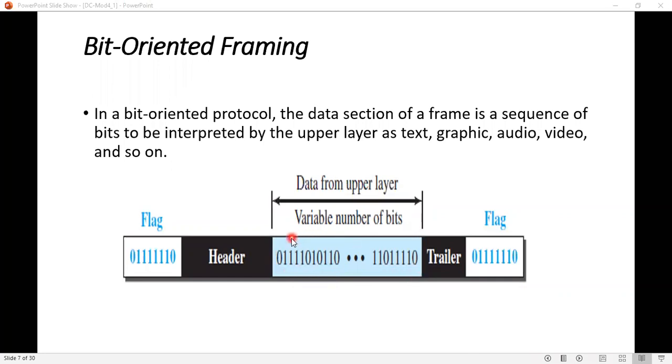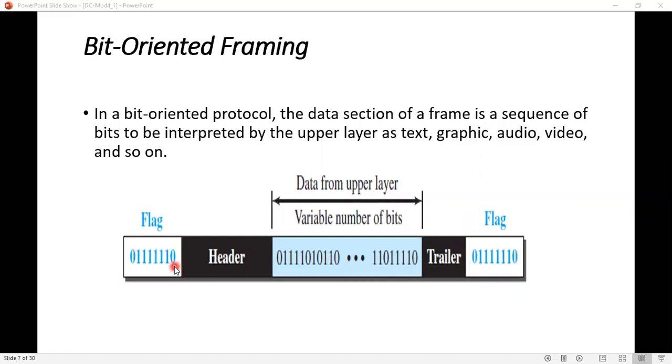In bit oriented framing, the flag is also a collection of 8 bits: 0 followed by 6 ones and then followed by 0. This is always considered as the flag. The receiver will understand that this is the start of a frame and it will identify the end of the frame based on this particular flag sequence.